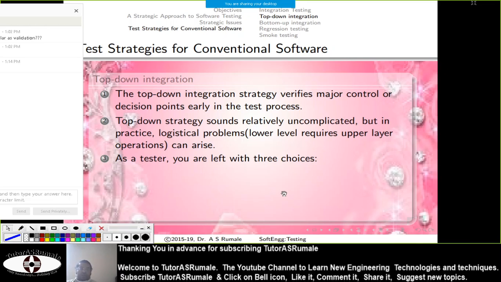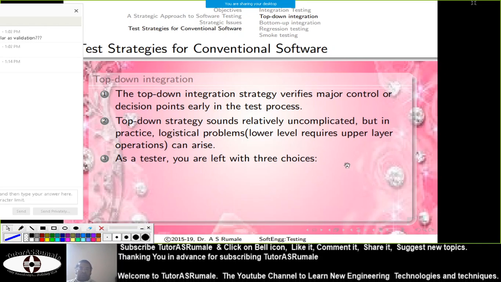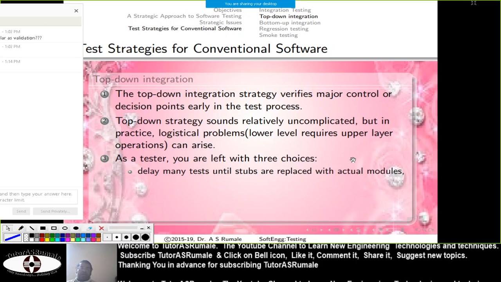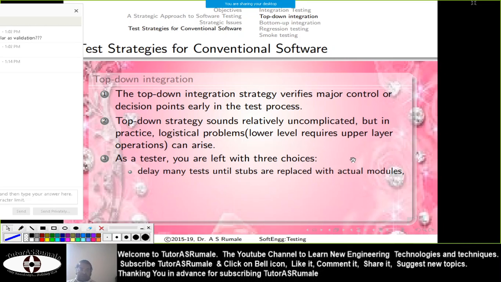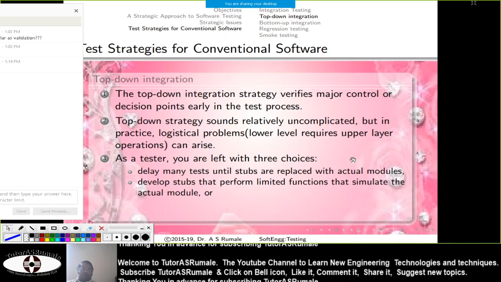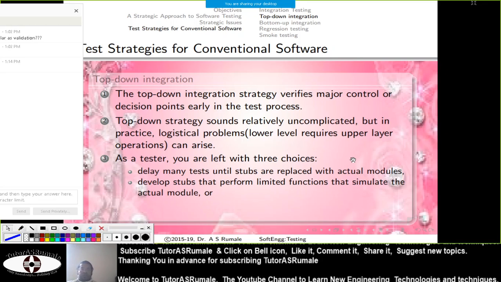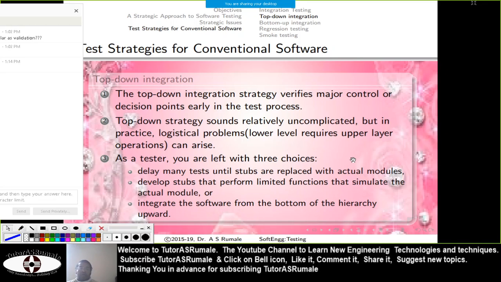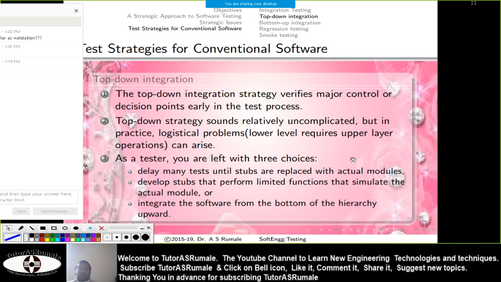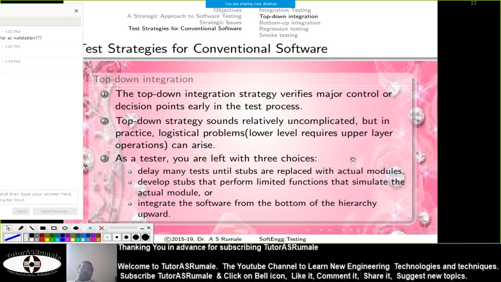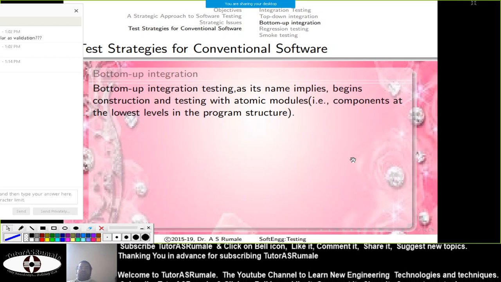So if you want to test using the top down approach, the choices are: you have to delay some tests until stubs are replaced with actual modules, or you have to develop stubs that perform limited function and simulate the actual module, or you have to integrate the software from the bottom of the hierarchy upward. So this is one thing.